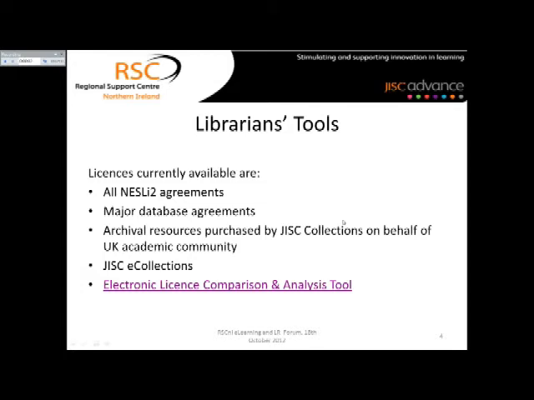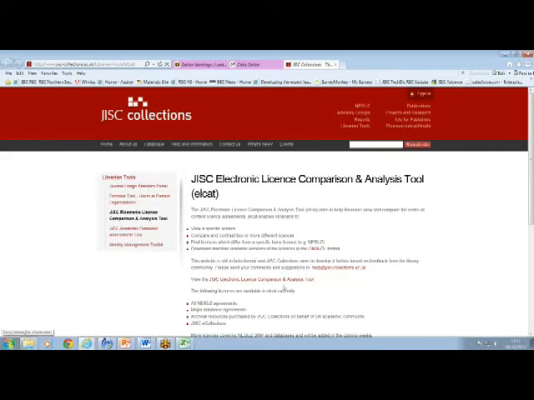So the licenses that are currently available are all the Nestle 2 ones, and as I said, higher education institutions would be familiar with them. Major database agreements, archival resources purchased by Jisc Collections on behalf of the UK academic community, and Jisc e-collections. So I'll just click here on the link to take me through, and if we click here, you can see at the top that is the actual web link, but you will be sent all these details afterwards and they will be on RVLE. Okay, so if I just click here to go through,